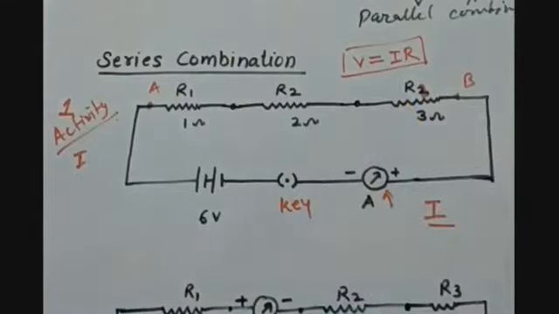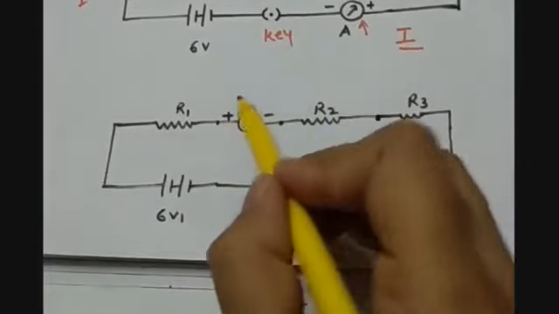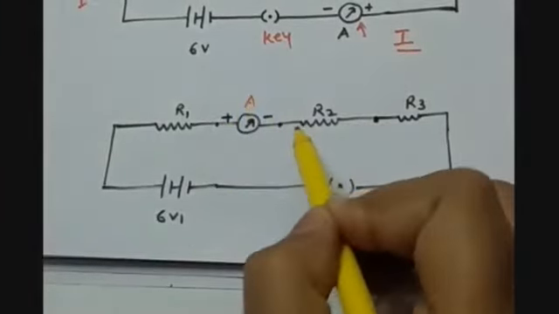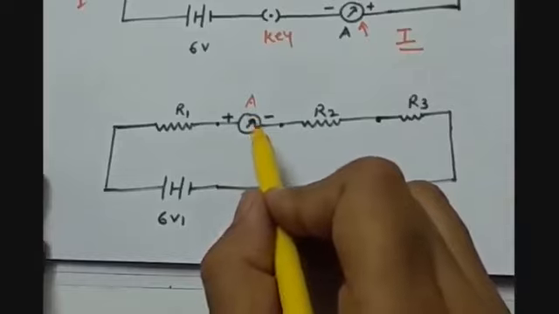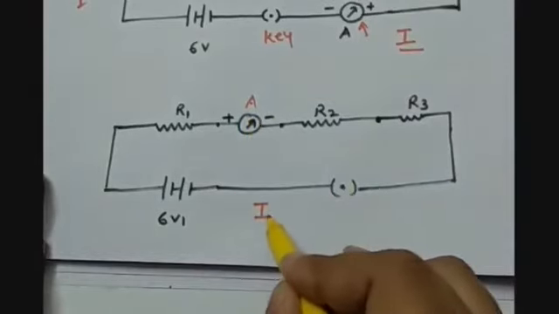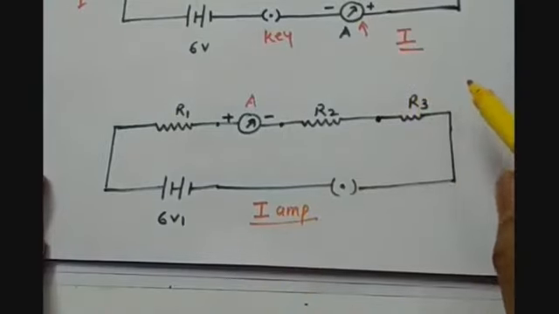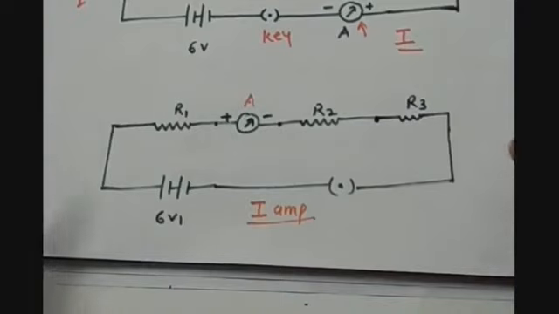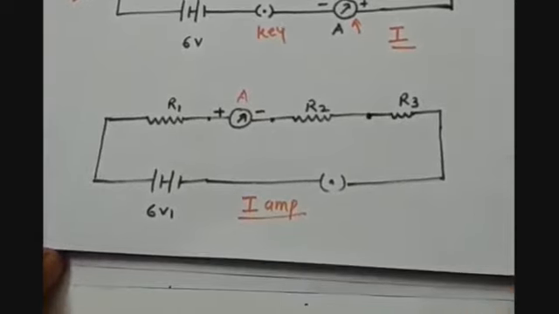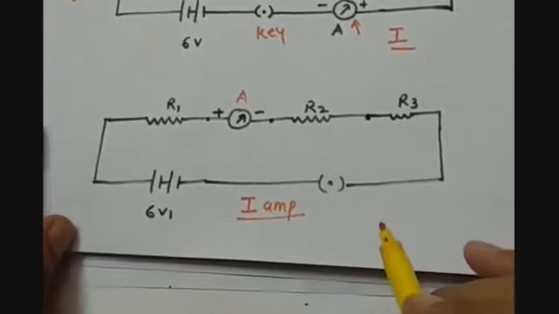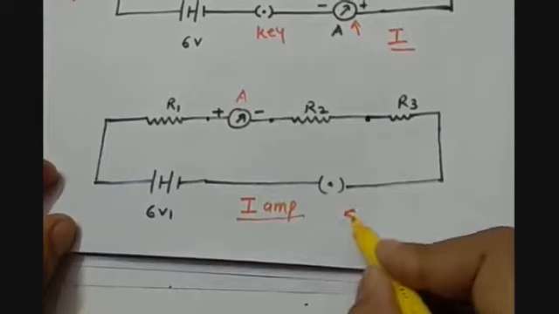So the second condition will be, now we have disconnected the ammeter from this position and now we have placed the ammeter here between R1 and R2. So we see that the current reading which is given by this ammeter is now I ampere, which is the same as case 1. So we can conclude with the help of this activity that in case of series combination of resistors, same current flows through the circuit when a potential difference is applied across the ends of the conductor. So same current flows